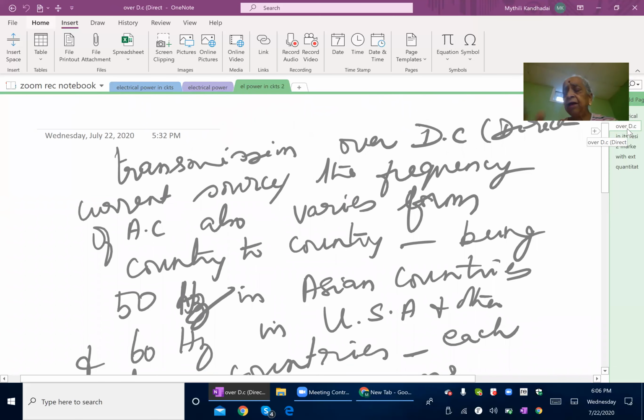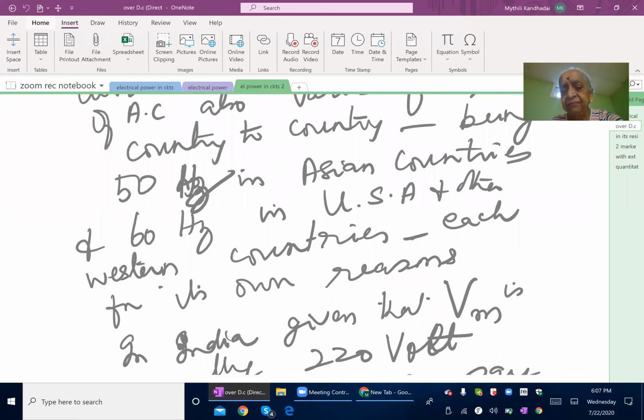Now also recently they have found that after the invention of the AC generator, by which they can have an alternating current at a suitable frequency, like 50 hertz or 60 hertz, people all over the globe are switching over to AC transmission, because it is generally considered that the wastage of energy in transmission is by far lesser in AC than in DC. Therefore, most of the countries are adopting AC only, but the frequencies again will differ.